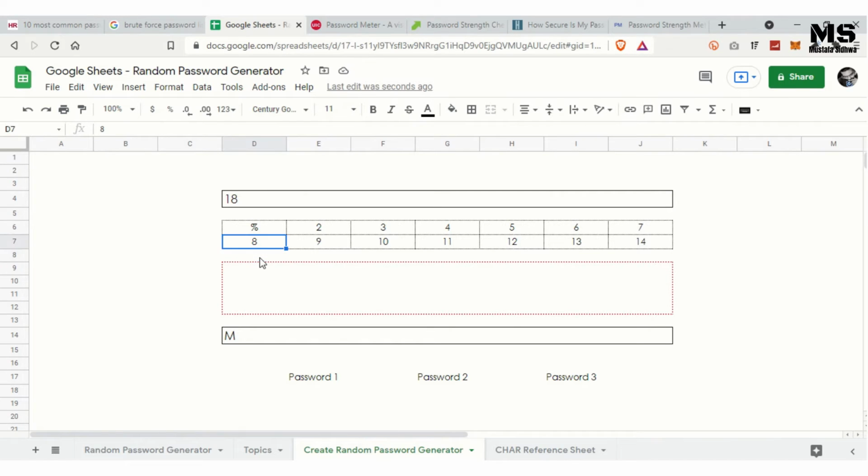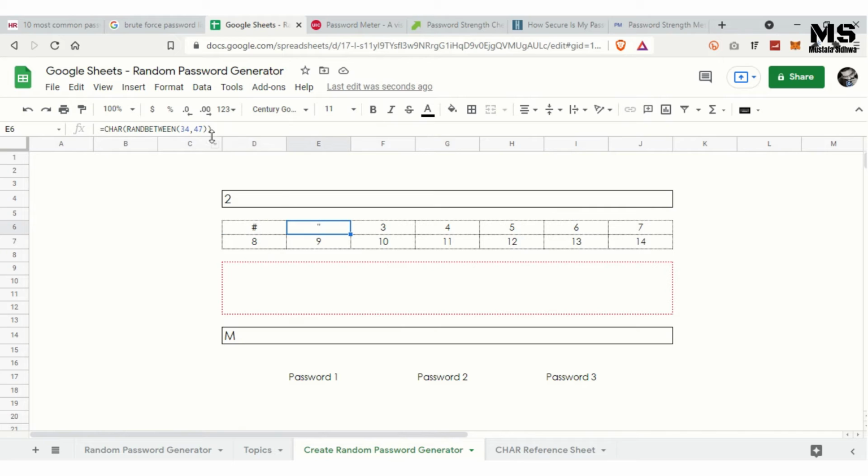Now we will go to the second character of the password. For that, we'll first copy the same formula again so that we do not need to retype it. Now if you see, here the range was 34 to 47.